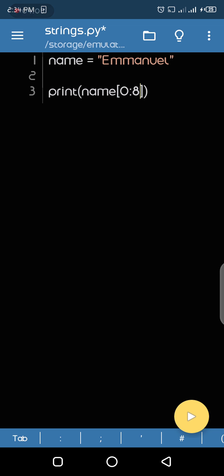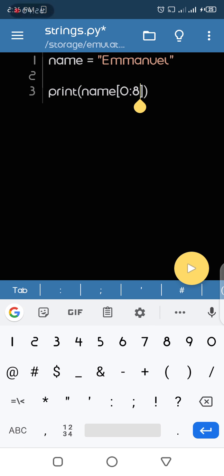Now, what if I want it to be skipping one character? It gives me E, then if you skip this M, you bring out the next N. If you now skip A again, it will give me N. If you now skip U, it will now give me E. So that means you're skipping one character, then I use 2.